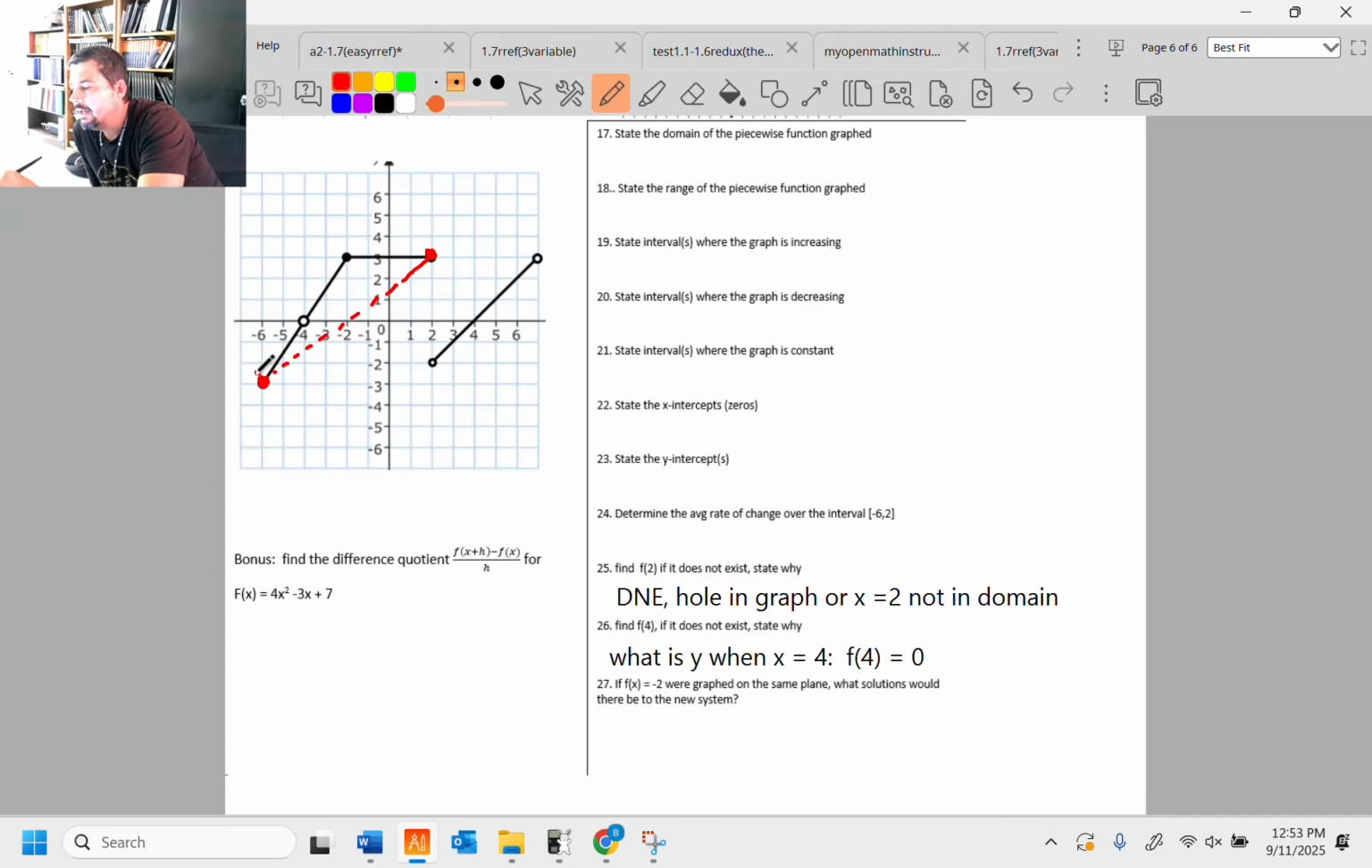What did I do? I rose 3, 6. I rose 6, and I ran, looks to me like 8, which is 3/4. That's my average rate of change. State the y-intercept. I went on a rant earlier in a video about this, but this is the y-intercept, and